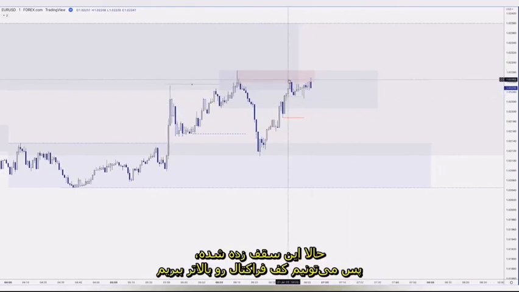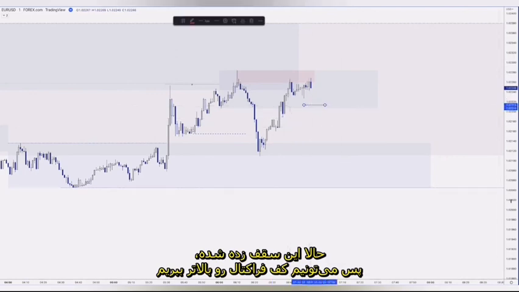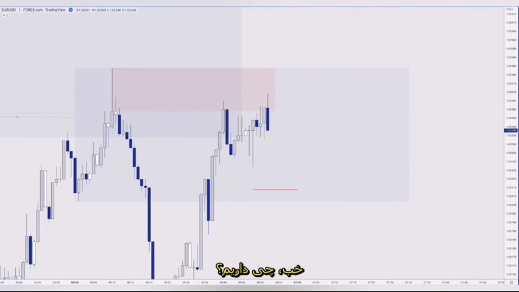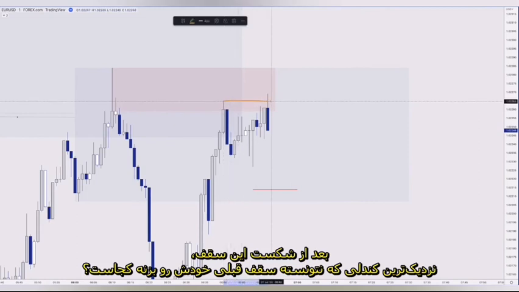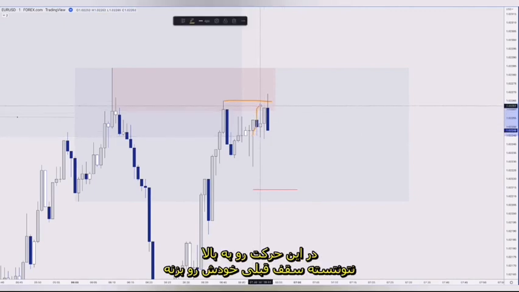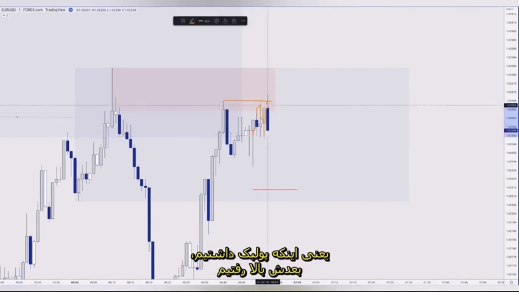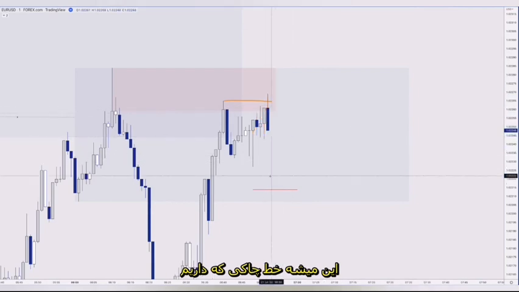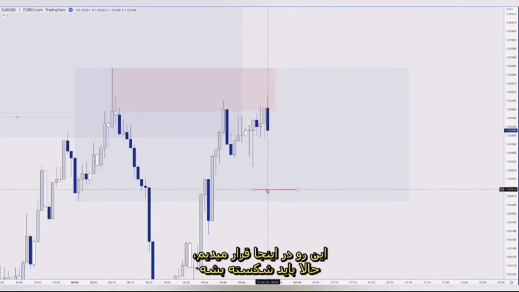Okay, now this high has been broken, which means our fractal low we can move up. So I'm just going to zoom in to double check this. And you can see here, what do we have? After this high breaks, where is the nearest candle that failed to break the prior candle's high? It's this candle here, right? Because we have the up movement, it fails to break that candle's high, which means we have a pullback, and then we have that movement there. So this becomes our fractal low, okay? So that is the true choch line, right? So if you put this here,